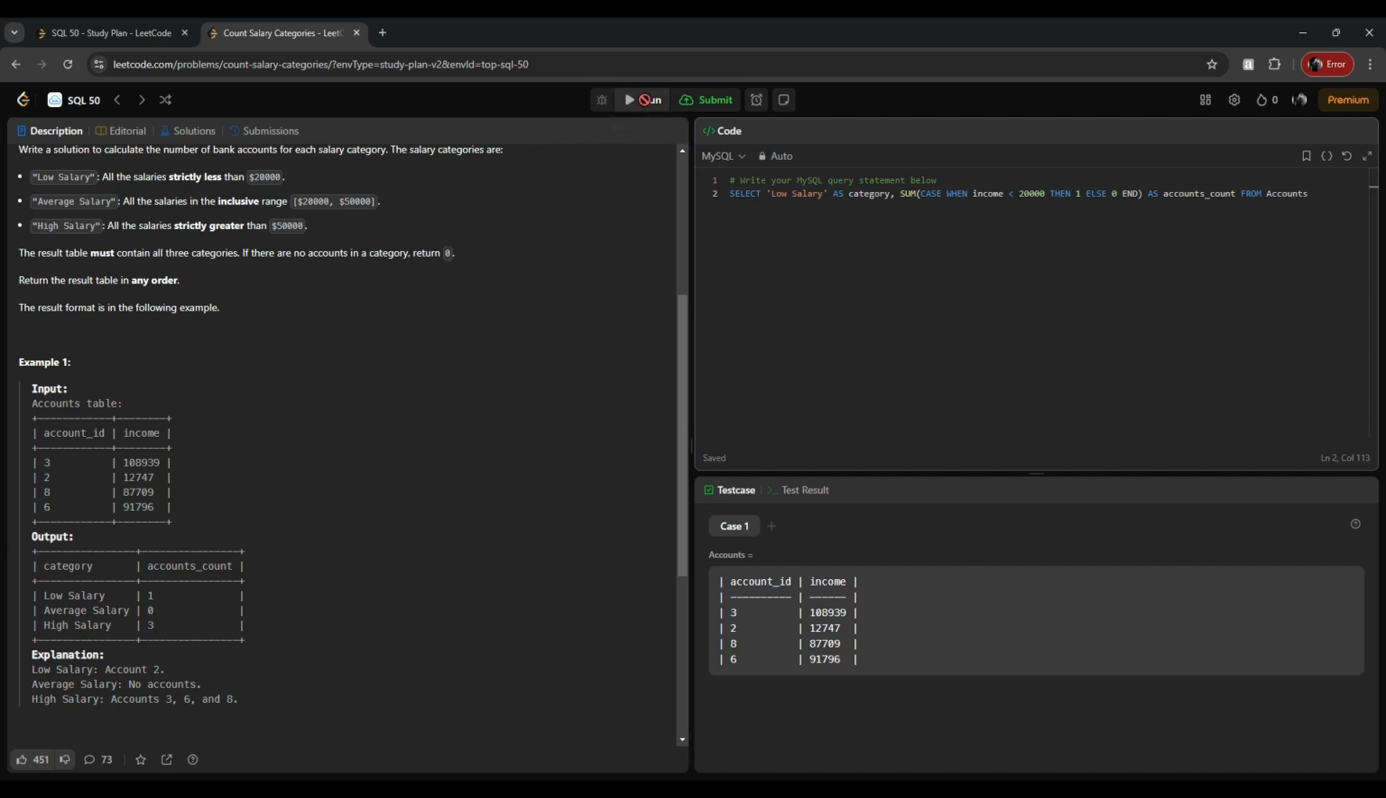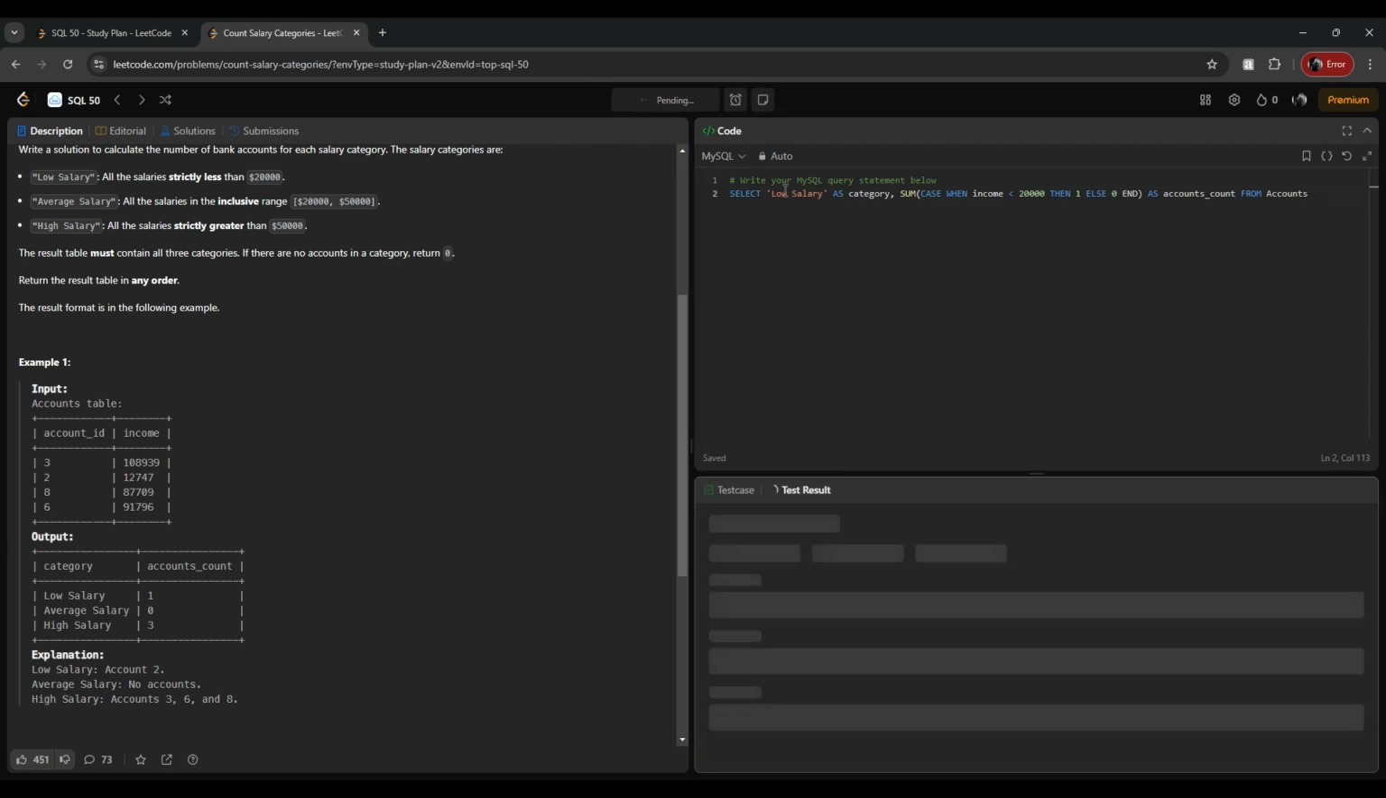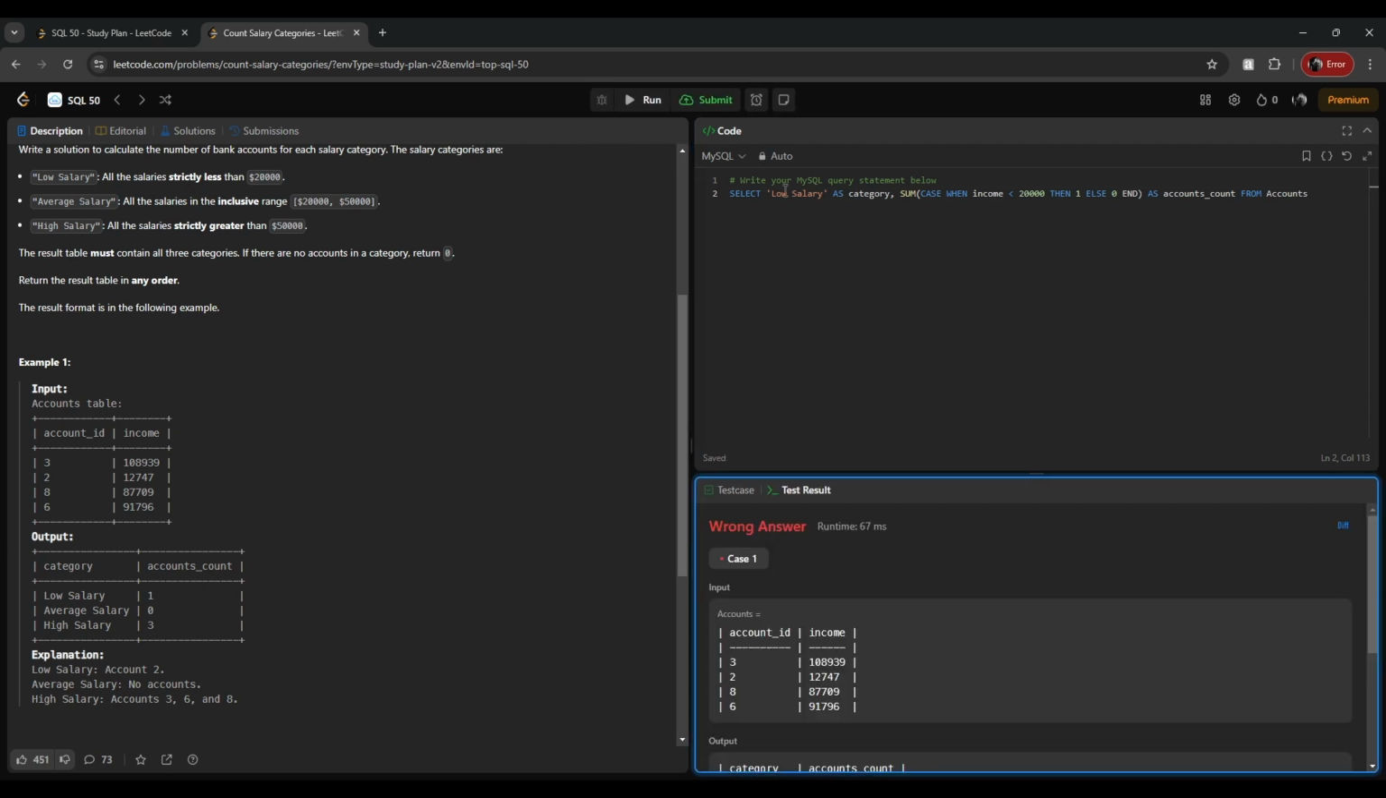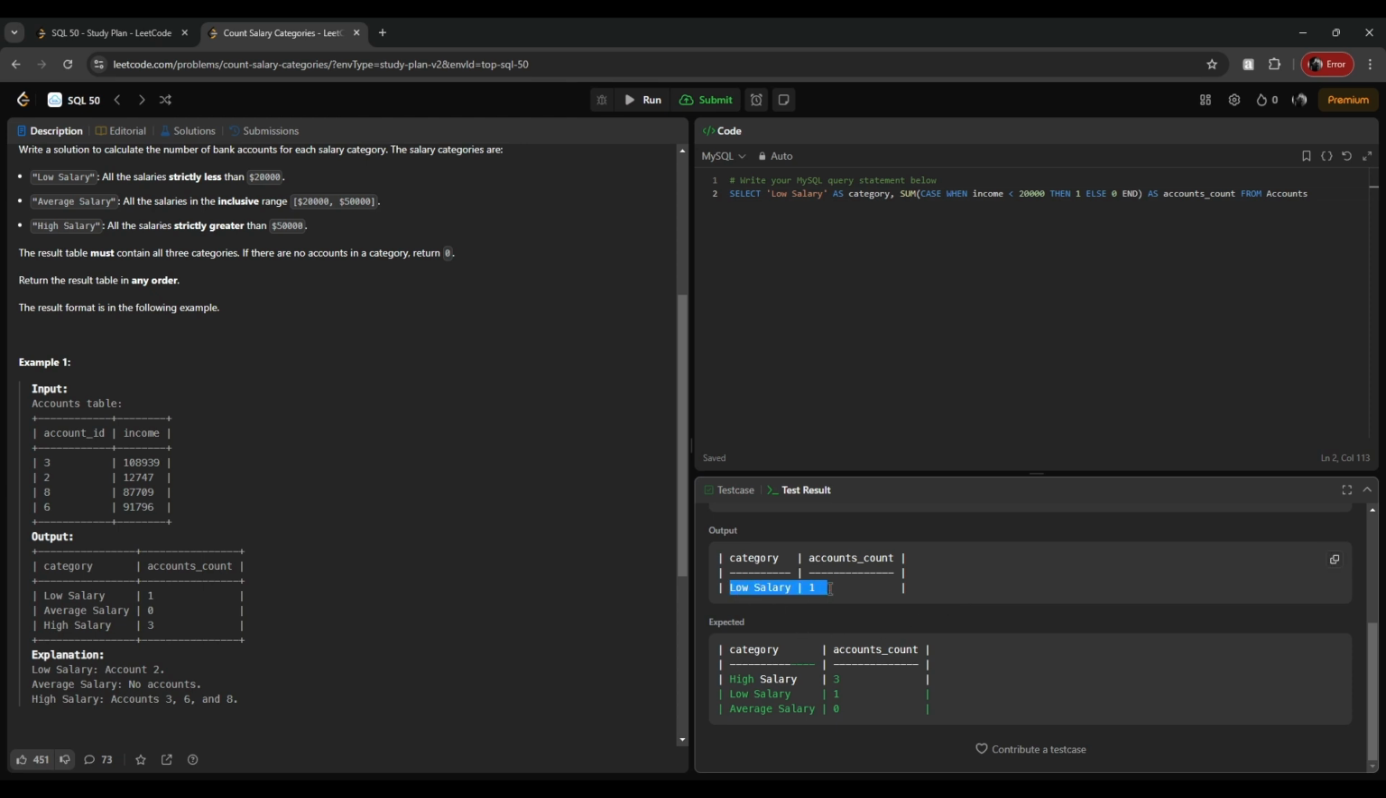So let's see what we are getting here. We should get 1 here for low salary only. Okay, so we have 1 for low salary. Now what we need to do, simply write a union keyword here, union all, and copy this query again. Now we will modify this query and write